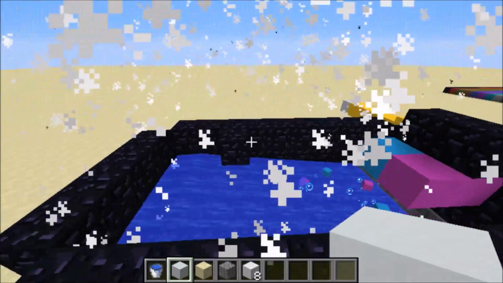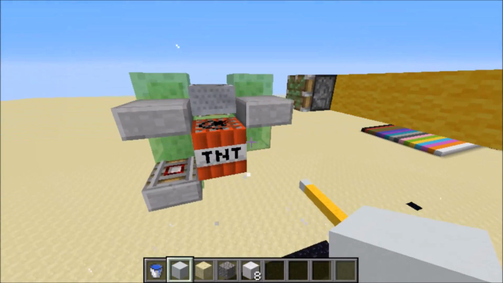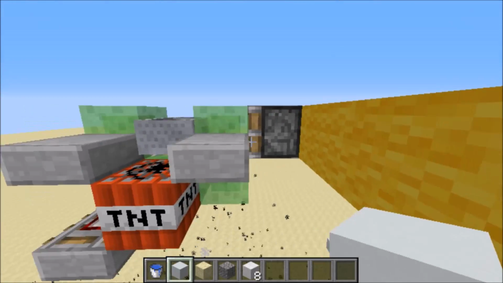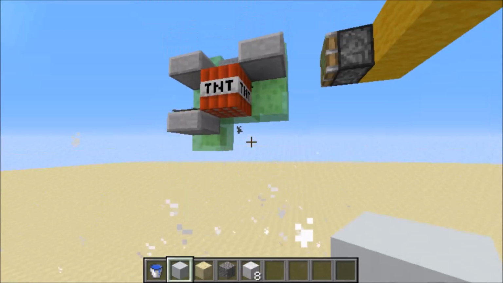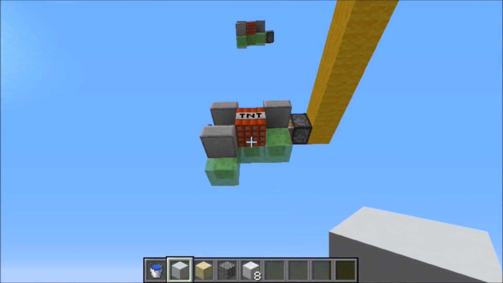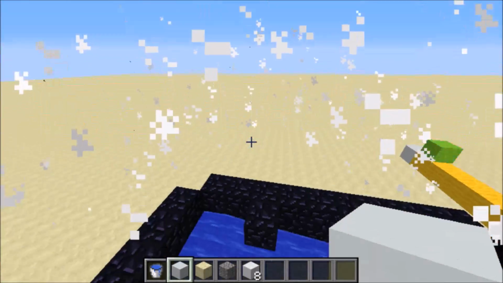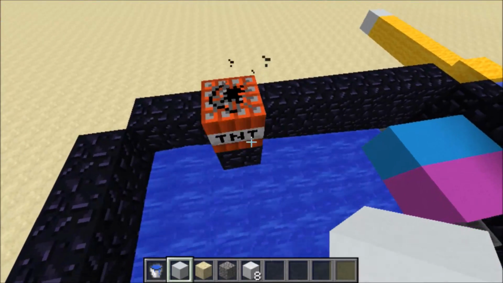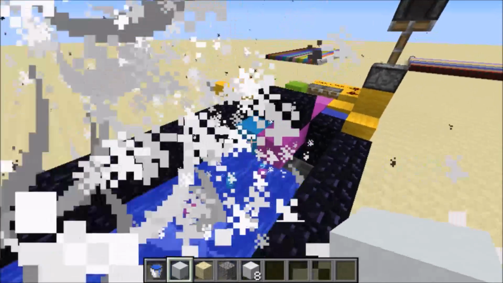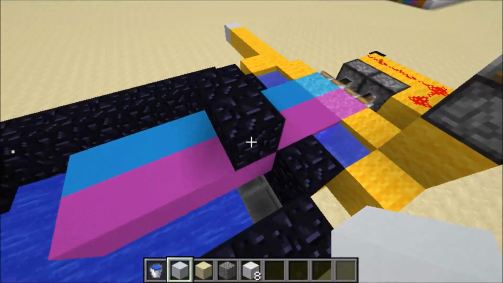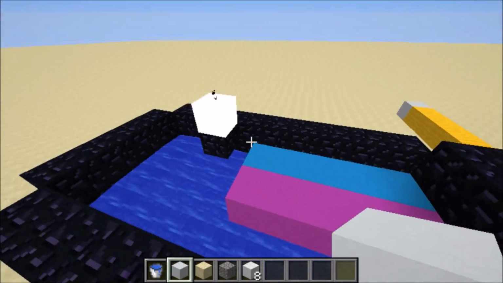And here we have a TNT duplicator. This is Pi's design for a TNT duplicator. Every so often, the TNT duplicator duplicates a TNT block, which allows it to fall down. And at the exact same moment that these pistons are pushing the concrete forward, it will explode and blow